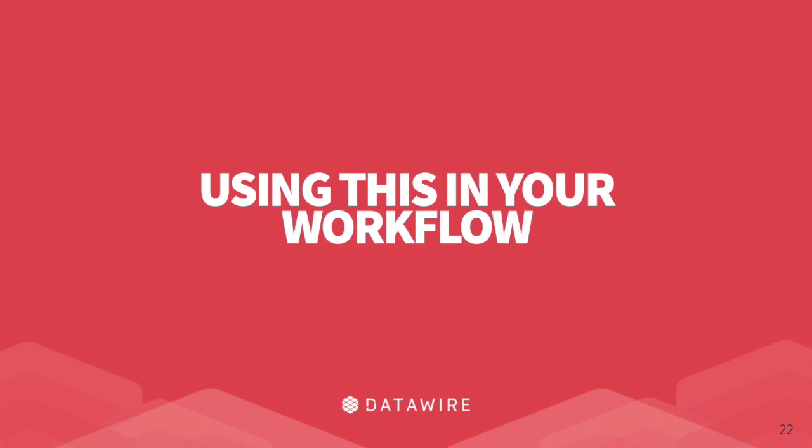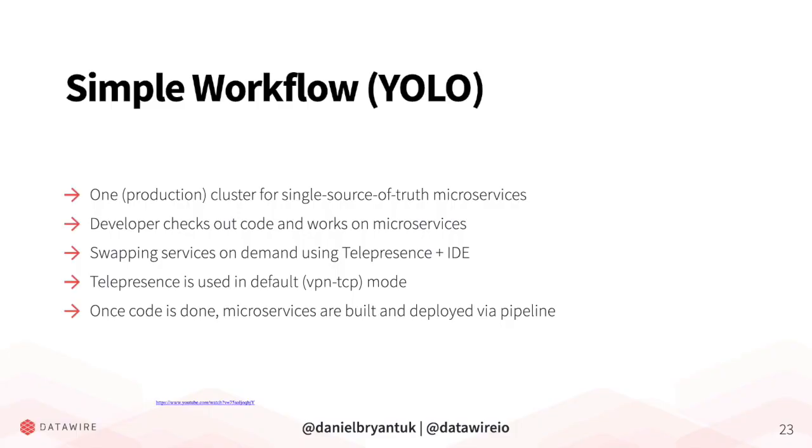So let's spend the last few minutes looking at using this in your workflow. Here's the simple workflow, or the you only live once workflow. This is what I see folks using when they're a startup company, they haven't really got any customers, say, and they've got one production cluster for a single source of truth. Developer checks out the microservice code, works on it, they do a swap deployment when they need to using Telepresence, and they use the basic VPN TCP mode. Once they've finished using Telepresence, much like I did in the demo, they quit Telepresence, they do a pull request for their code, it may get reviewed, and then that code goes into the continuous delivery pipeline and gets pushed into production,